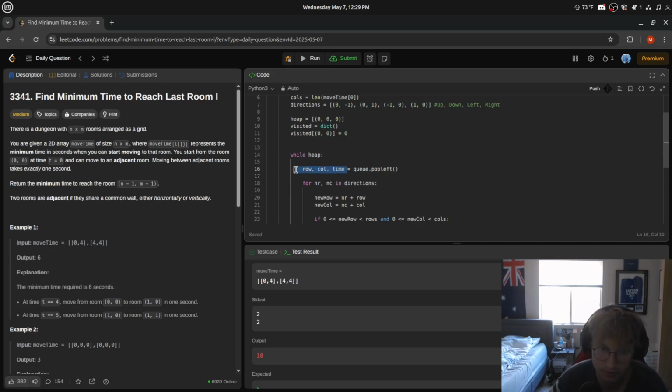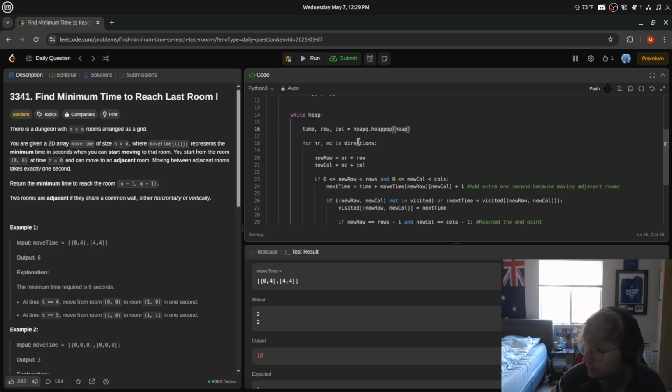Okay, so I guess they split it around. So we go time, row, col. I'm gonna have to study this algorithm. I'm not really too sure. I have to relook at it. I remember learning about it in college, but okay, so